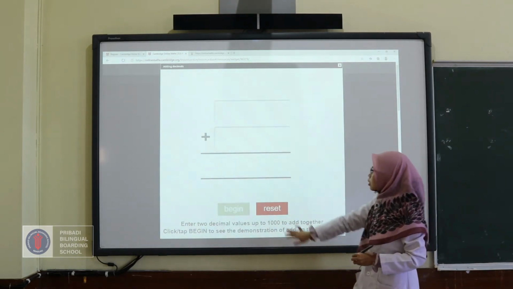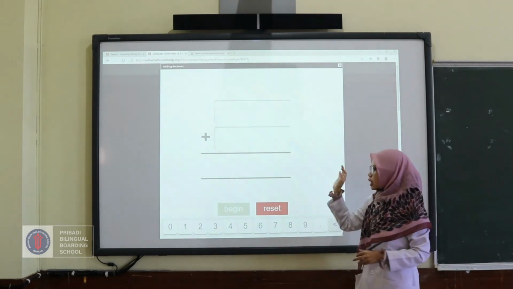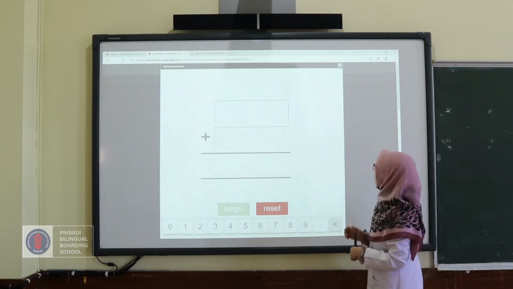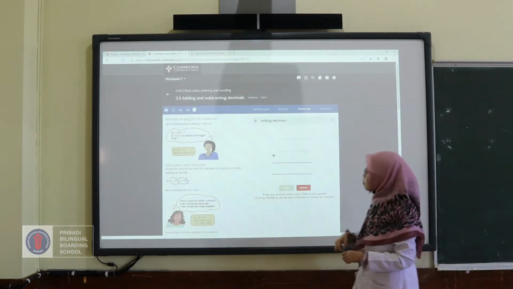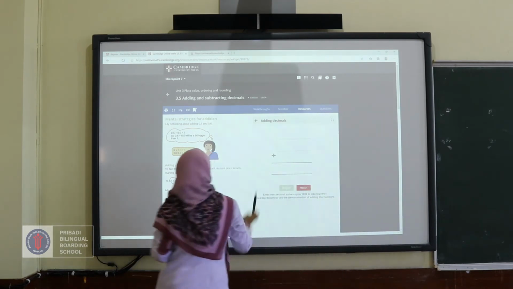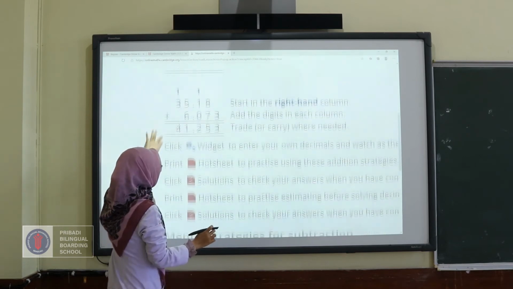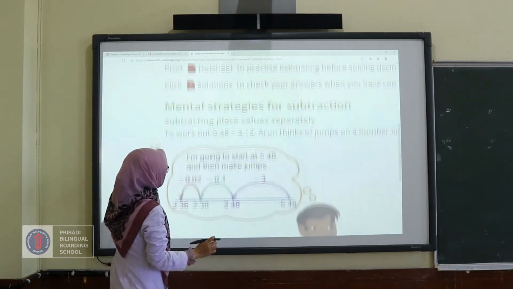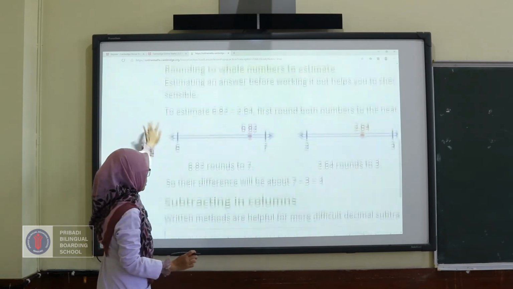Then go to the first step, enter the numbers, and then start. For now, we are going to go to the next topic for today. It's about subtraction, how to subtract decimal numbers.